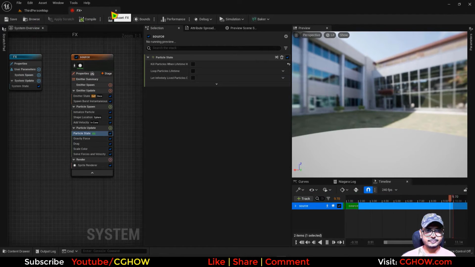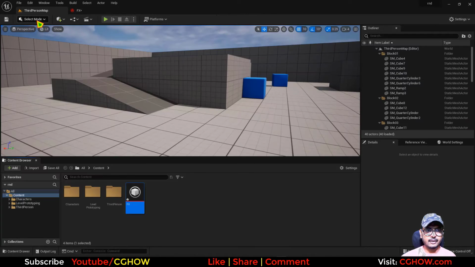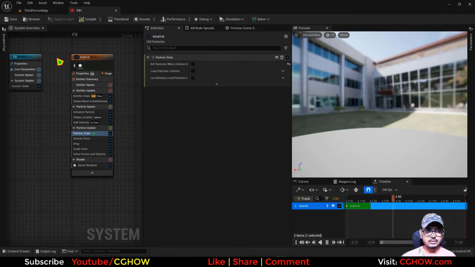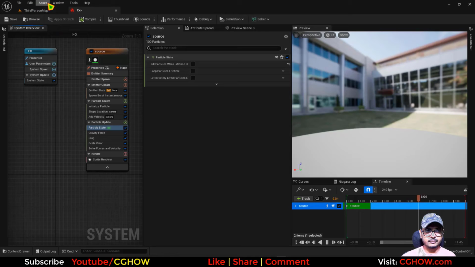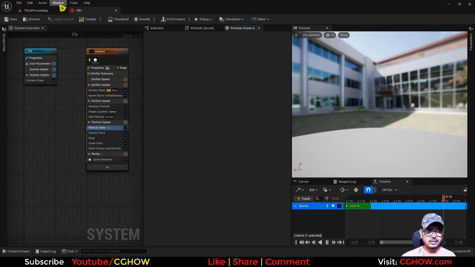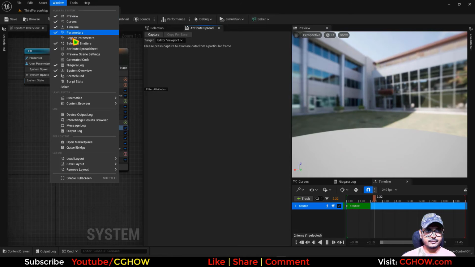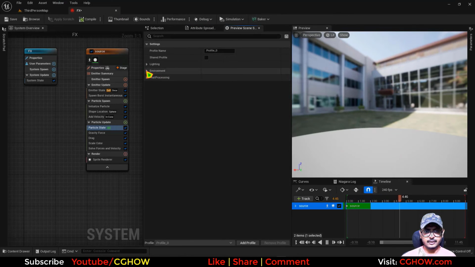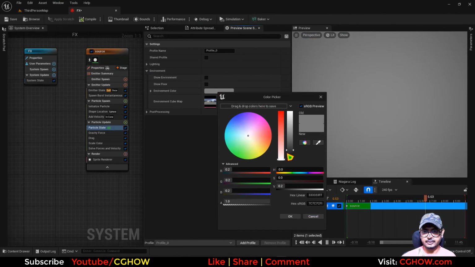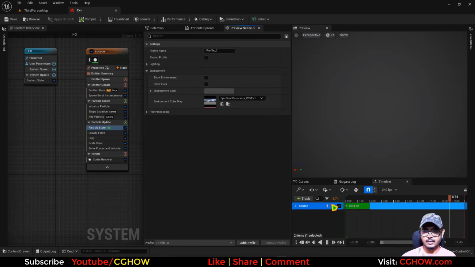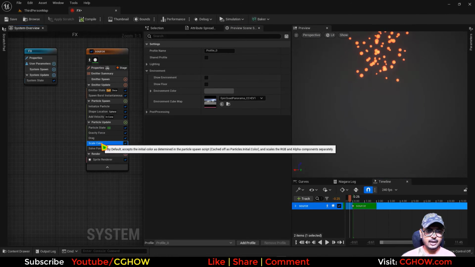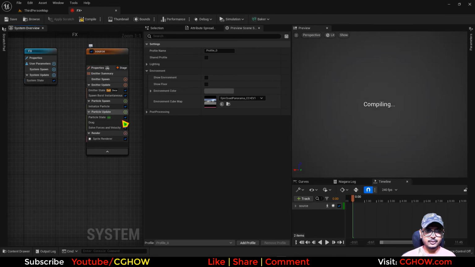So what I'll do, and the effects, go to preview and turn this off and make this gray. Okay, so we have these particles. I don't need any of these modules. And let's